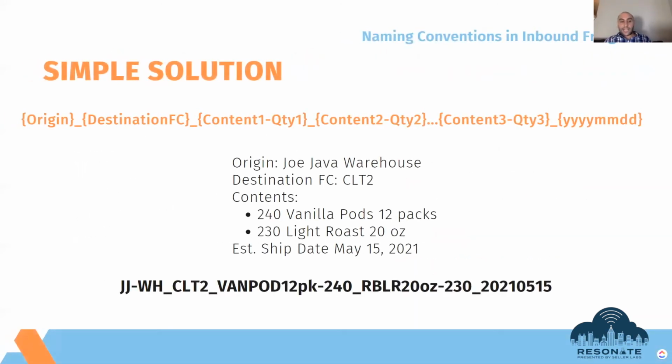Put in the origin. Lots of you have different warehouses, different 3PLs, then the destination FC, so you know exactly where it's going, and then put in the quantity, and you can abbreviate it a little bit more than what your master SKU is, especially if you have really long master SKUs. Then put in the content, and then dash the quantity of each one of those contents,